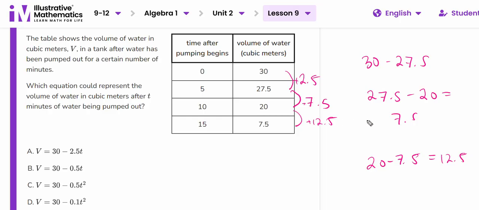So I know that this is not just a linear expression. We are changing by a different amount each time. We go from adding 2.5 to adding 7.5 to adding 12.5. So we are starting at 30, and we are going to go ahead and we're going to be adding